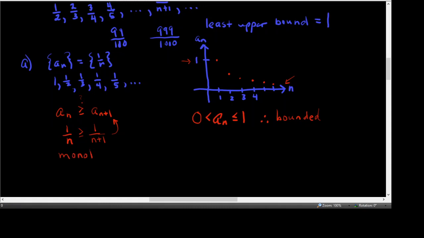So once we've established that it's monotonic and it's bounded, those two together mean that we can draw our final conclusion and say, by theorem 9.5,